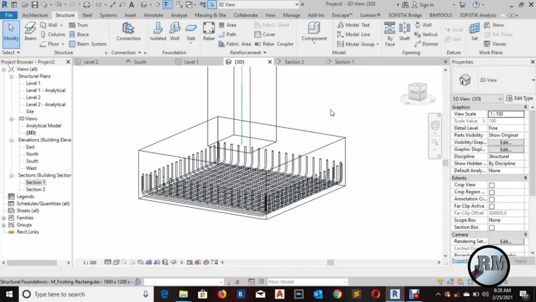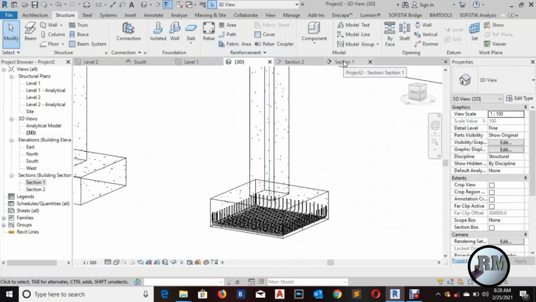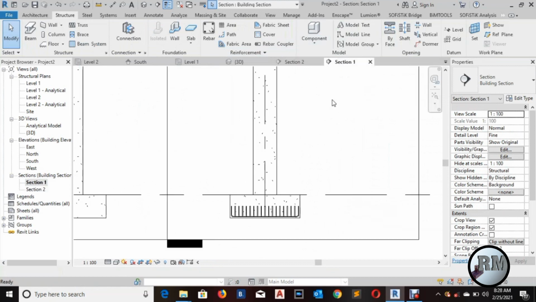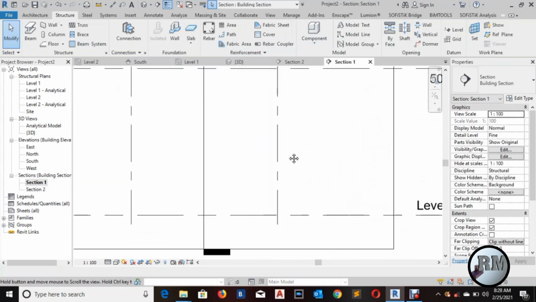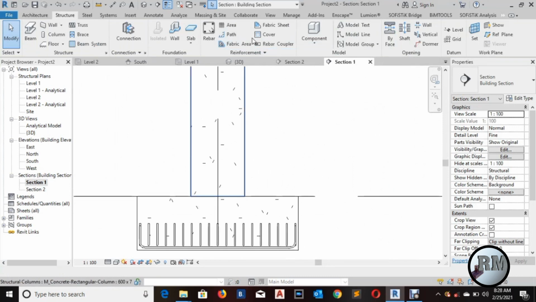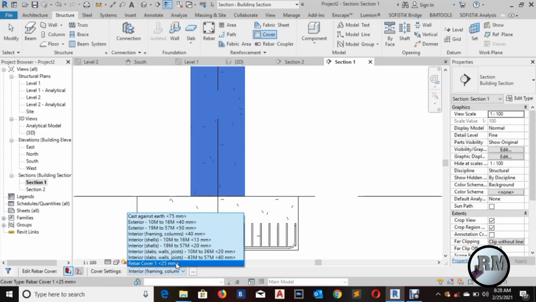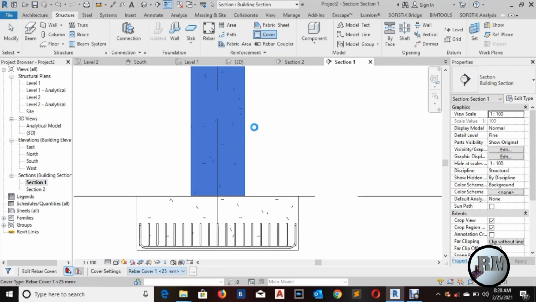So this is what we have. So basically we are done with the footing. Now we can go and reinforce our columns. Now go to section 1 and we can just go to the cover again, go to pick element, select our column, go to the rebar cover, 25 millimeter,